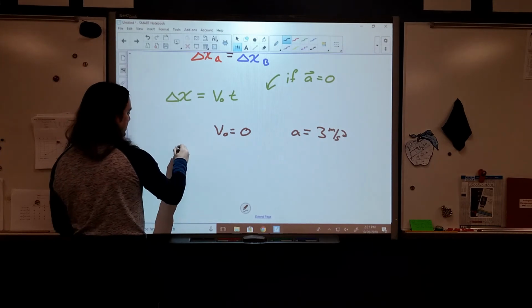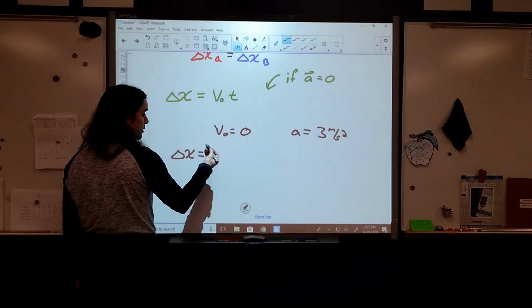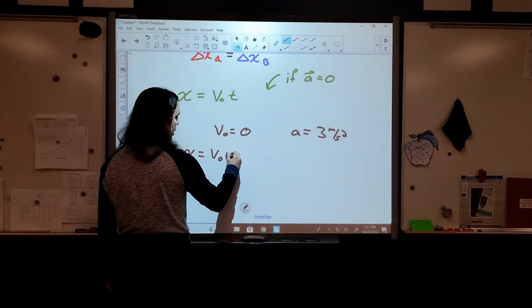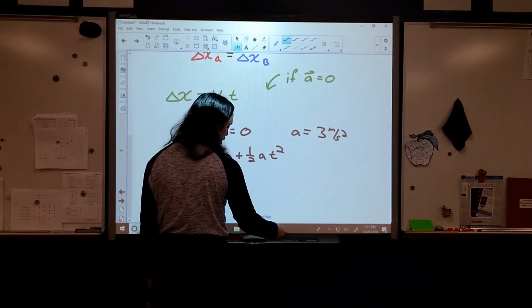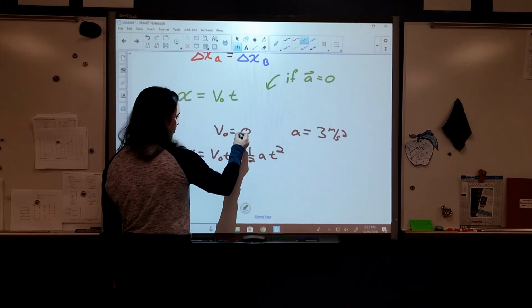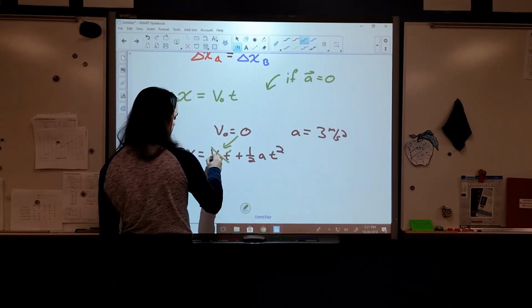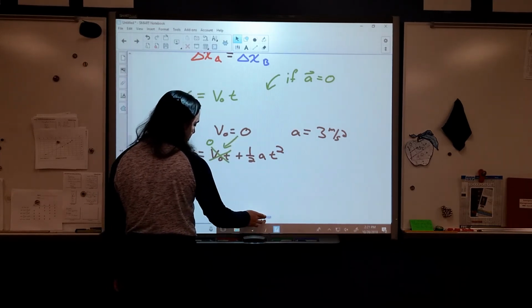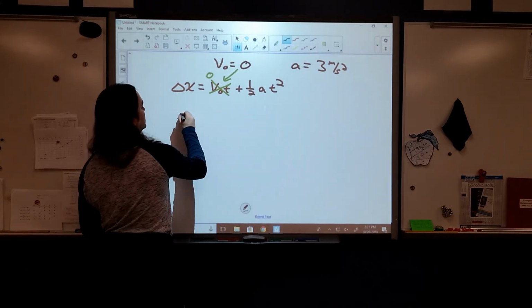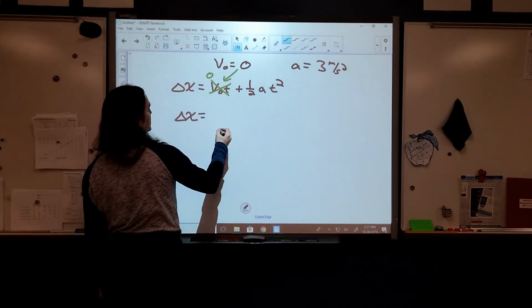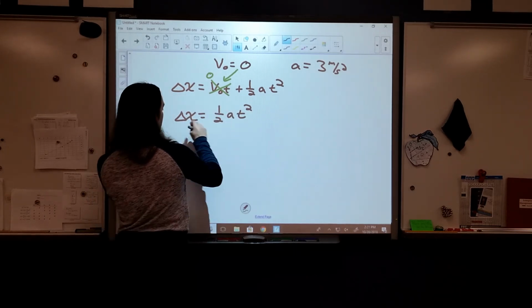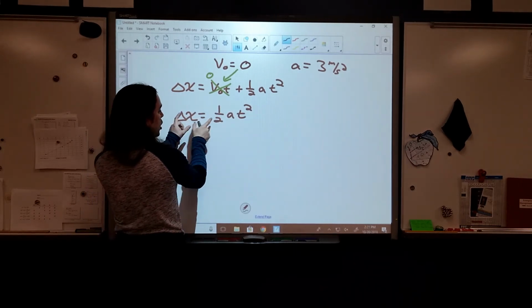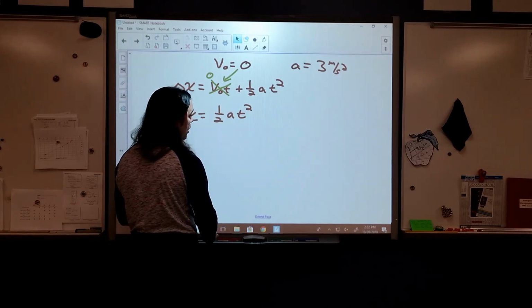I could then set all of this up where delta x, our displacement for that car, would be our initial velocity times time plus 1/2 our acceleration times time squared. Well, when I plug in that v naught is 0, then this disappears into a puff of nothingness. And even if I don't have a constant velocity, but I do have a constant acceleration, I could end up with still an equation. That delta x, the displacement of this car, would be 1/2 at squared,